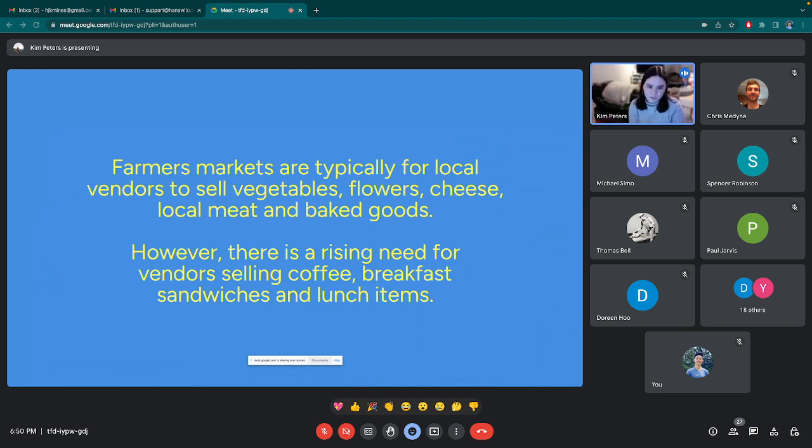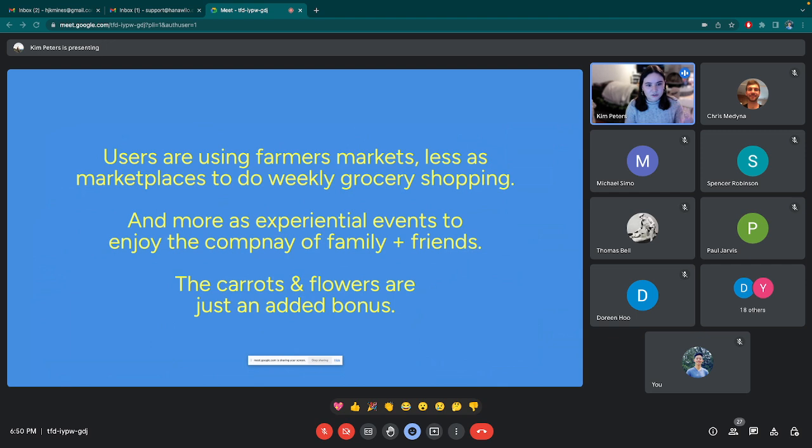going to be in farmers markets. When you think about a farmers market, they're typically for local vendors to sell vegetables, flowers, cheese, local meats, and baked goods. However, there is a rising need for vendors selling coffee, breakfast sandwiches, and lunch items. And then users